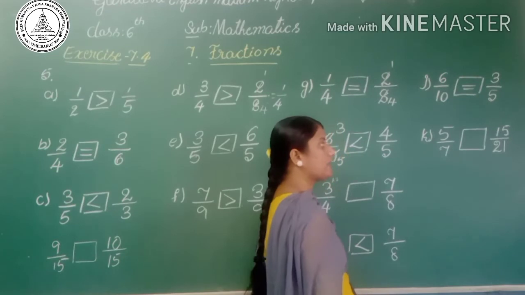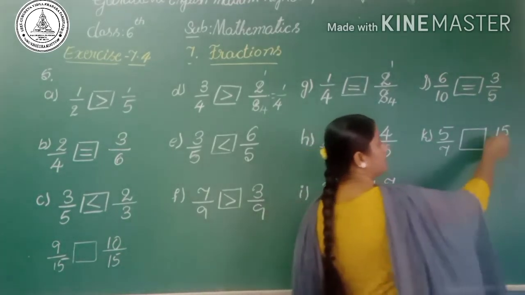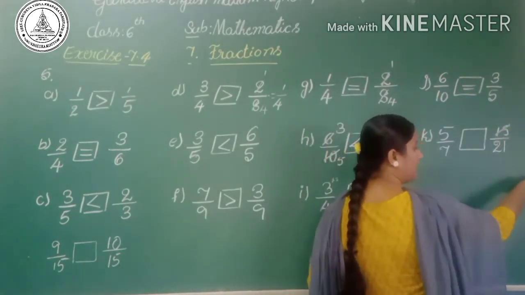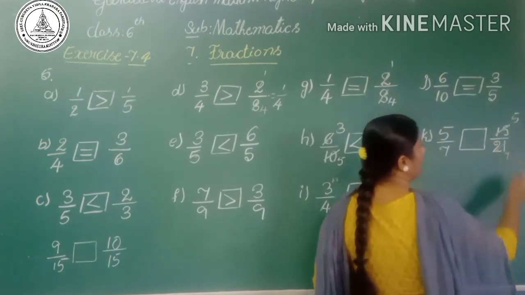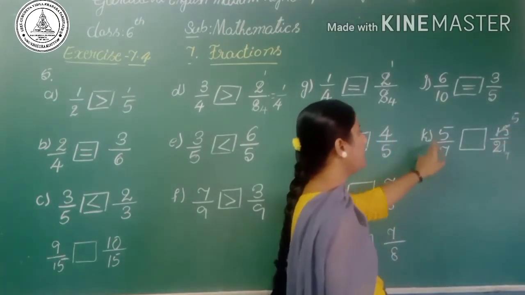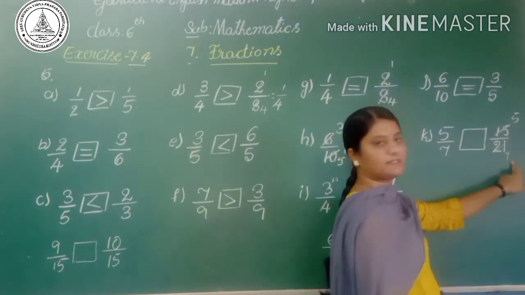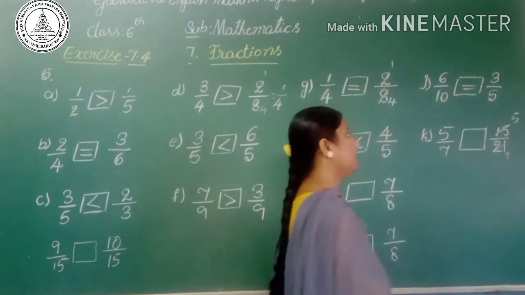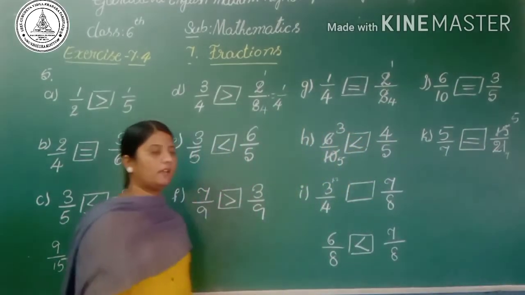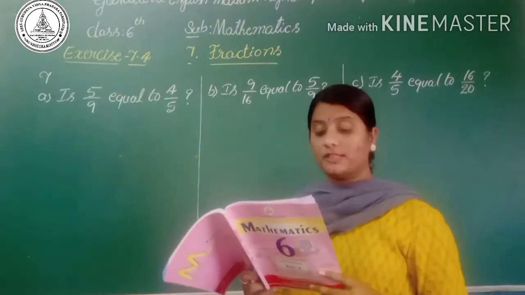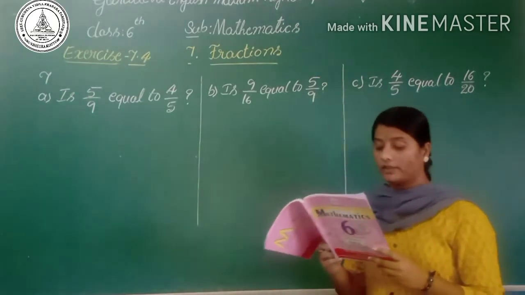So these given two fractions are unlike fractions. The second fraction converted to the simplest form: 3 5s are 15 and 3 7s are 21, so 5 by 7 and 5 by 7. So both these fractions are equal to each other. Is it clear? The seventh question is find answers to the following.